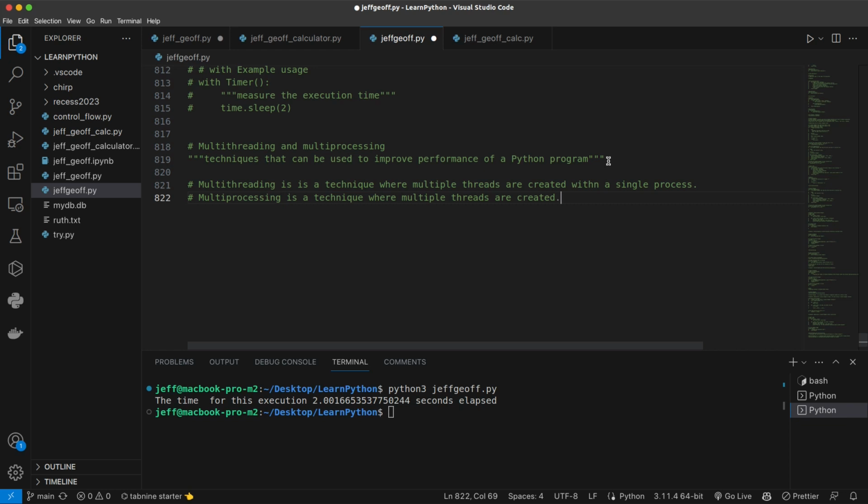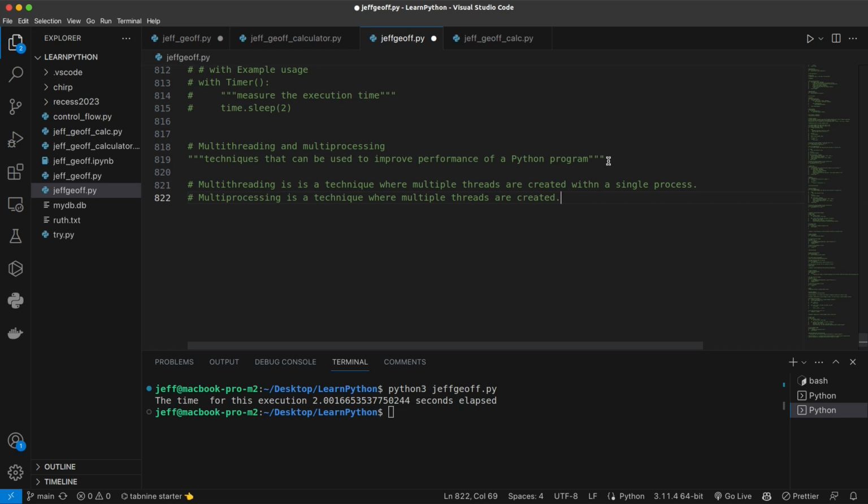The complexity of multithreading can be more complex to implement than multiprocessing,